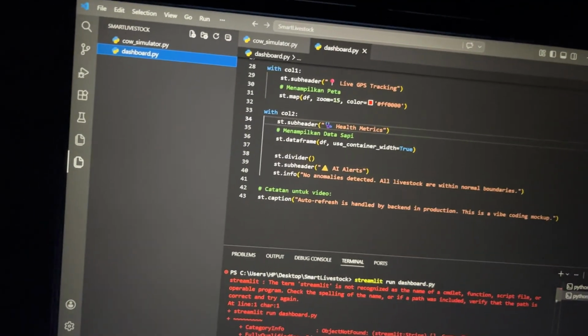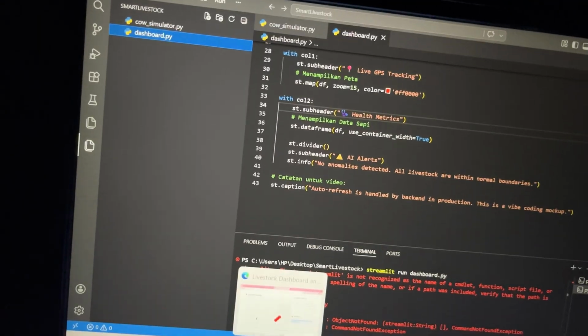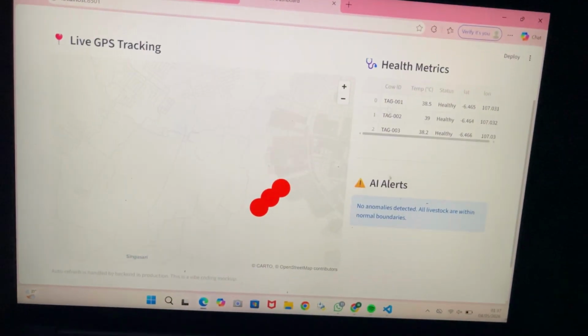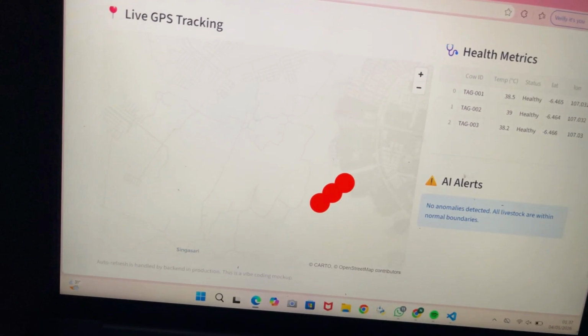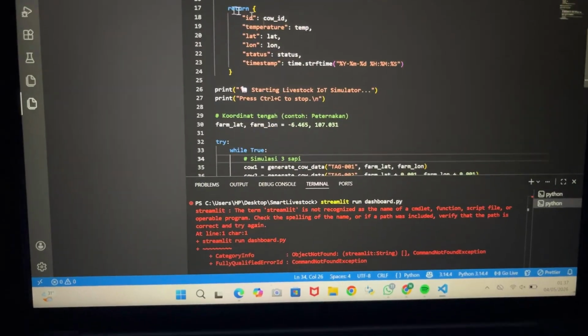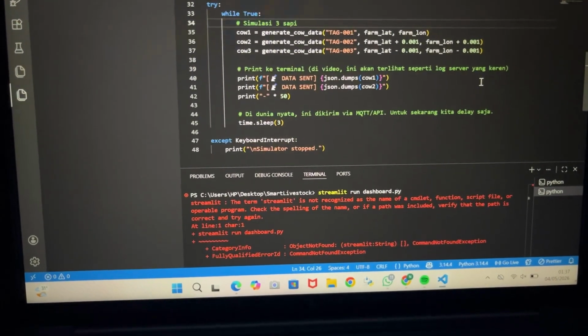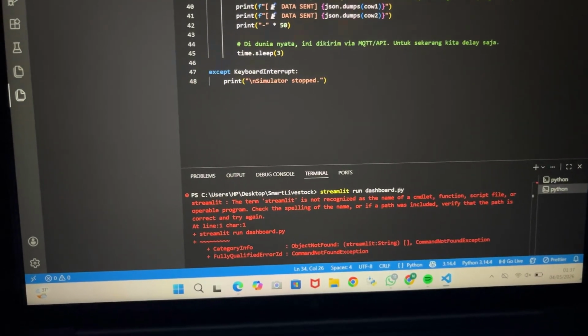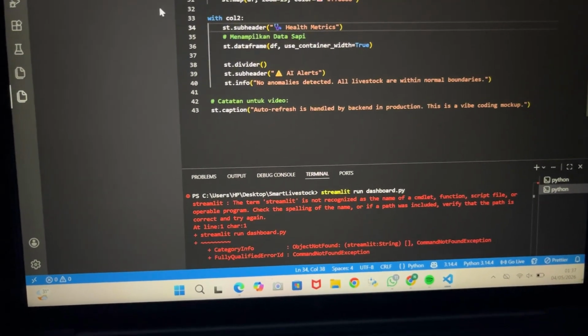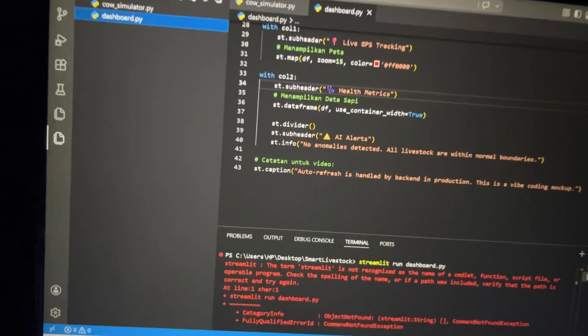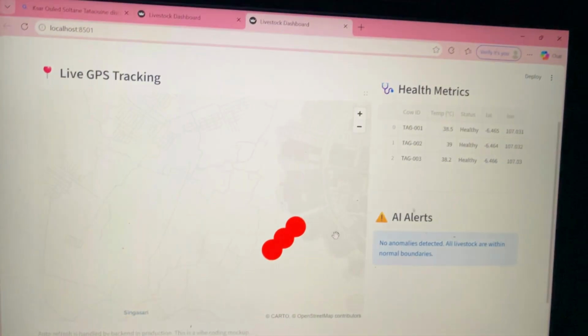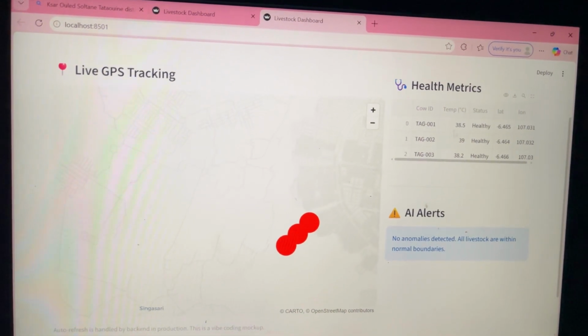If the temperature goes above the threshold, the system automatically flags the cow as sick or having a fever. Otherwise, it stays healthy. Down here in the loop, we simulate multiple cows sending this data. Every few seconds we run this, our terminal basically becomes the backend server receiving the live signal.